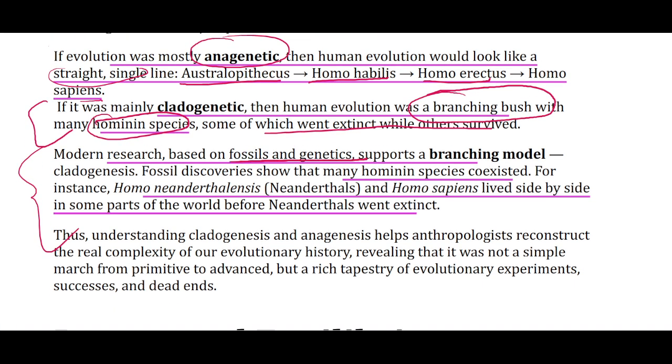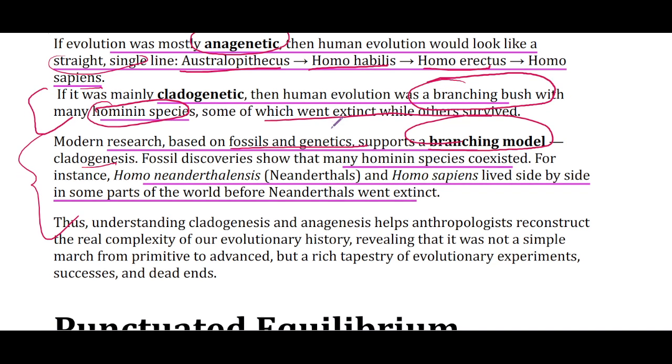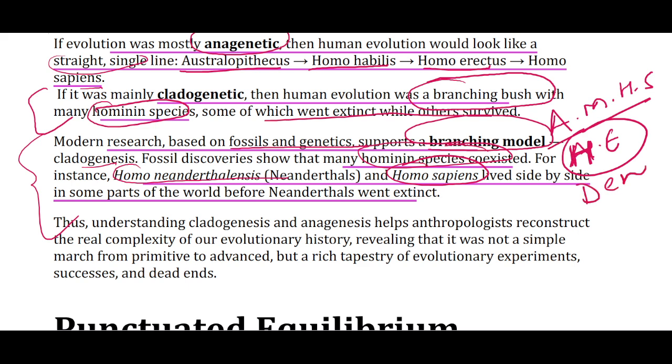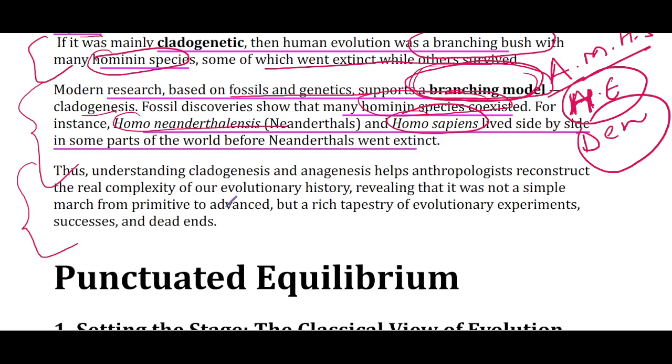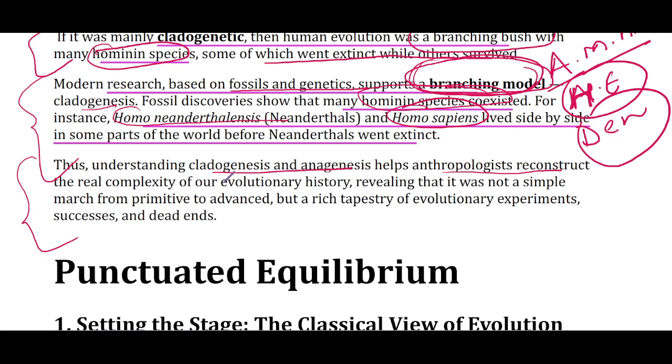Modern research based on fossil and genetics supports a branching model, cladogenesis, and fossil discoveries also show that many hominin species coexisted. जितने भी आपको नाम बताएं, like Homo neanderthals, they coexisted with anatomically modern Homo sapiens, with some subspecies or some species of Homo erectus along with Denisovans. So ये एक जो event है, जो fossil discoveries है and the observation we have come across so far, it supports the branching model. Thus, understanding cladogenesis and anagenesis helps anthropologists to reconstruct the real complexity of our evolutionary history, revealing that it was not a simple march from primitive to advanced, but a rich tapestry of evolutionary experiments,